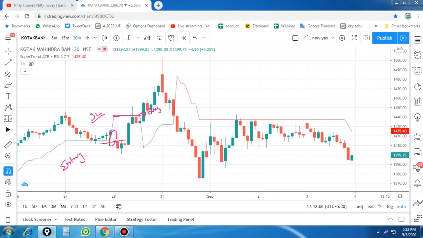For this buy signal, you must place the stop loss here. That is why Supertrend says you have to buy here. That is around 1440, your buy entry, and your stop loss is near about 1401. So this 30 rupees is the risk for your trade. If the trade fails, you are going to lose somewhere around 30 points.